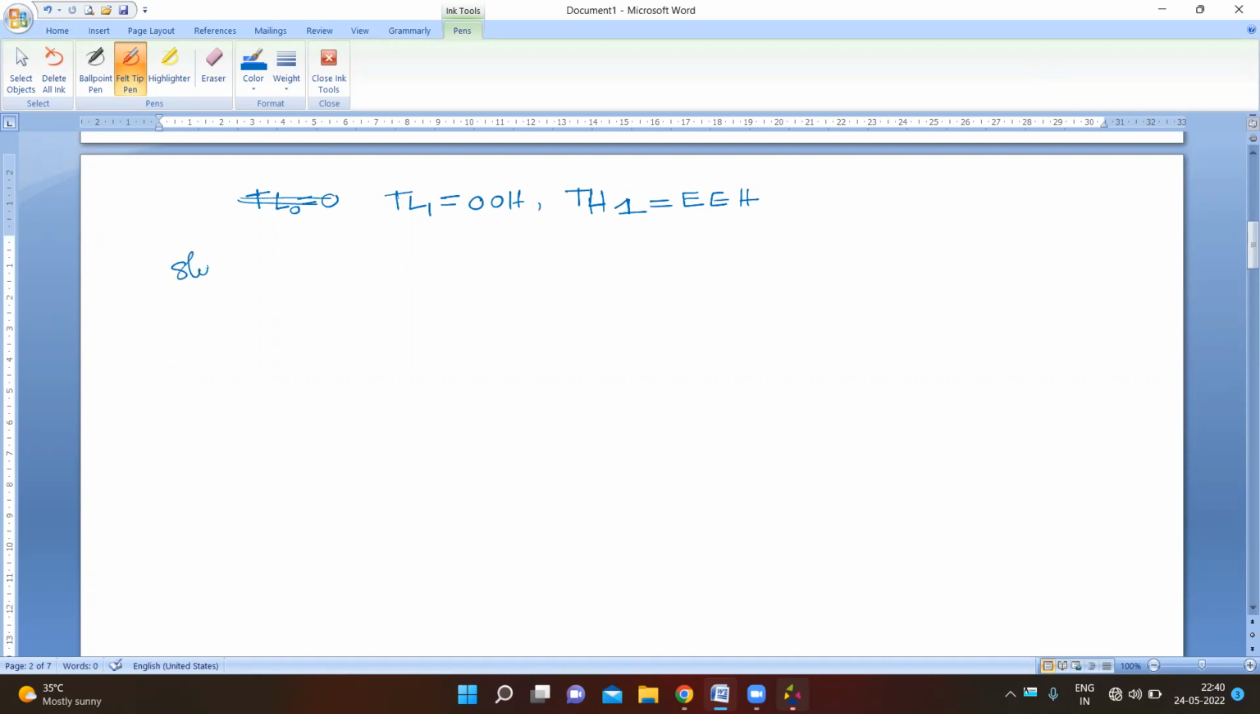The next step is step number 3. In step 3, we need to start the timer. To start the timer, we have to use the TCON register. The TCON register has many